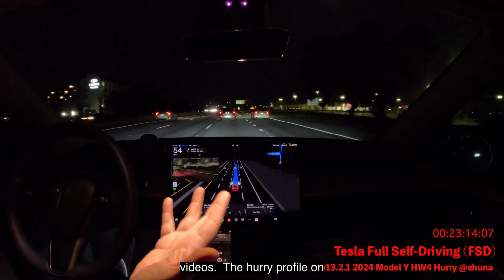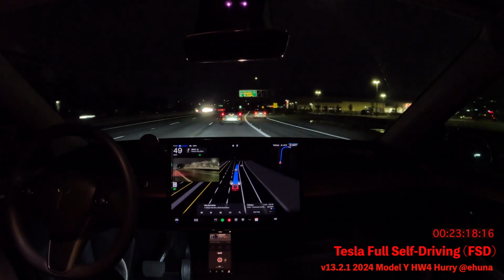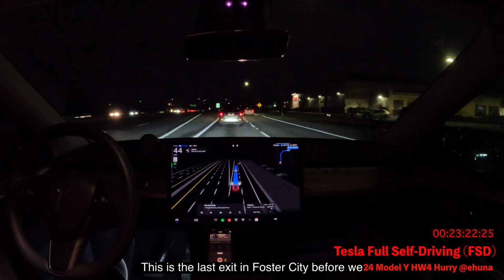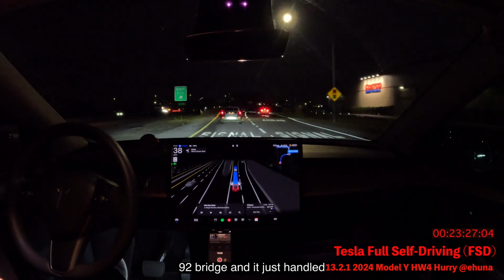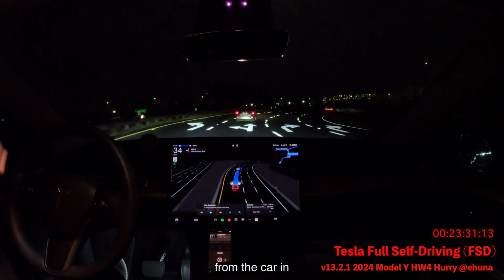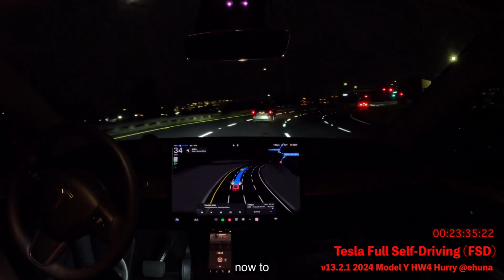Hurry profile on FSD 13.2.1, just working great. We're now taking the exit here. This is the last exit in Foster City before we get to the 92 bridge, and it just handled it perfectly. It's keeping a nice safe distance from the car in front of us, and it's getting close now to